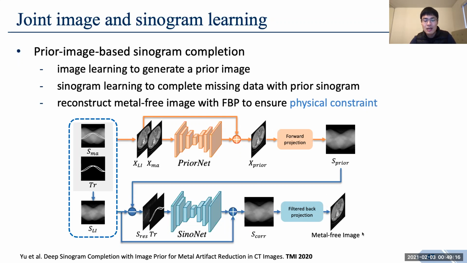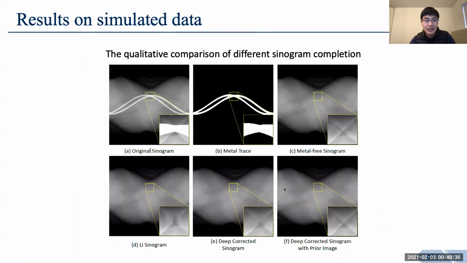Because the final image is FBP reconstructed from the corrected sinogram, we can ensure the physical constraint of the final image. So we can say generally our framework combines the merits of the deep learning-based method and the traditional method. And this figure shows the sinogram